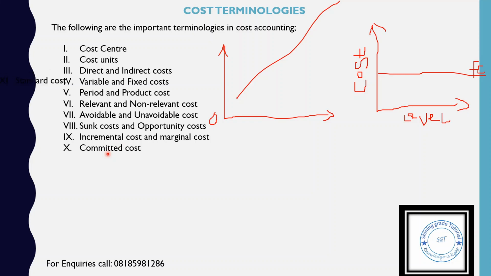Alright, thank you. We still have a little on standard costs. Standard costs are more like predetermined costs, and from there we will be able to predetermine some kind of cost. That enables us to compare with actuals so as to determine variances. So standard costs are predetermined costs of an item, unit, or activity. They are costs that are expected to be incurred during a particular period. They are not actual costs.